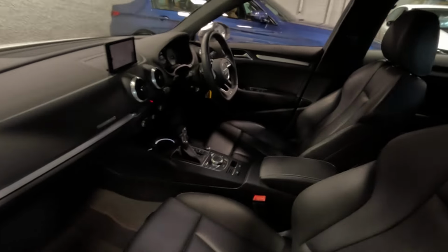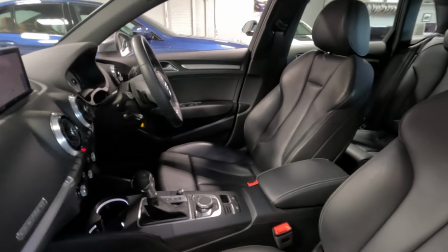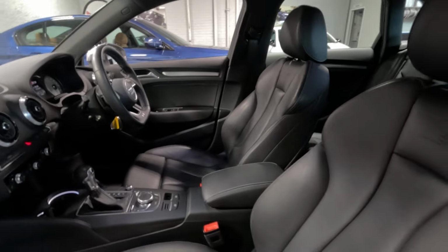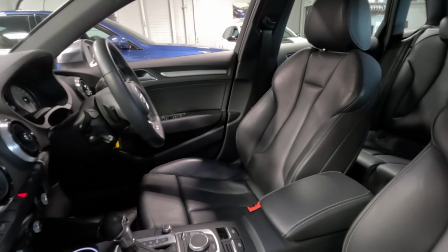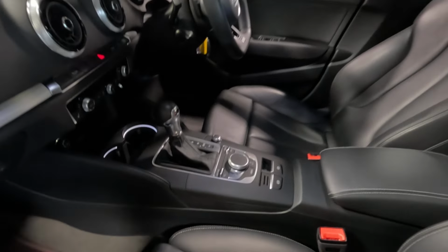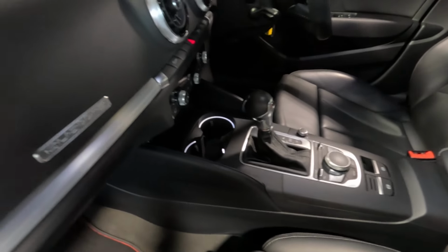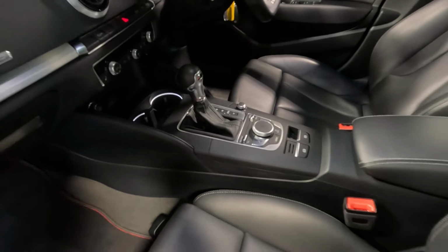We'll have a quick look inside from the passenger doors. We will be over into the driver's side and we'll look at all the controls in a wee minute. But this gives you an idea of just what the seat condition's like from this angle. Also take a wee look at the centre console, just to make sure that it's not all chipped and marked from keys and things getting thrown into the cup holder, as can be the case